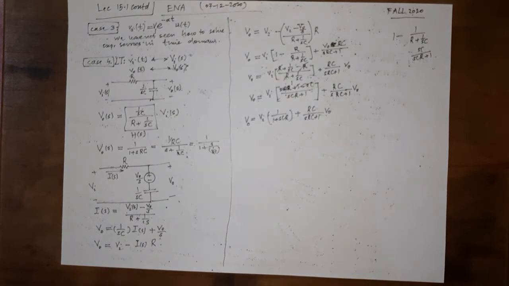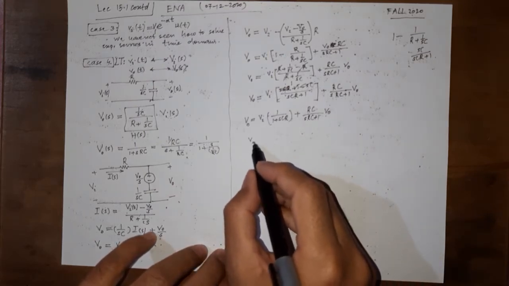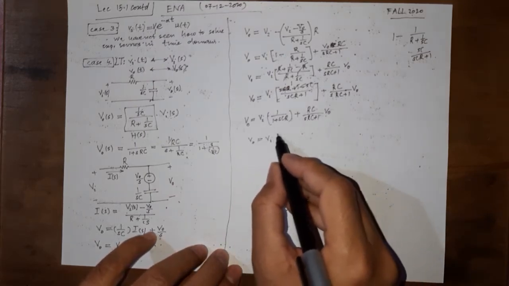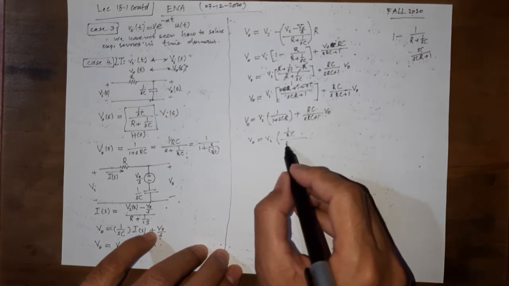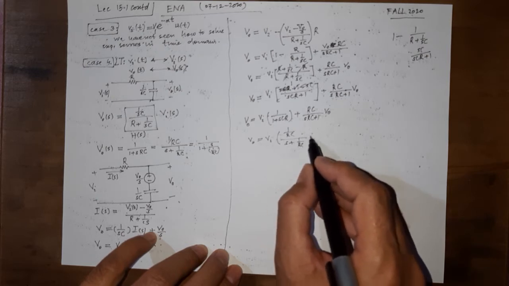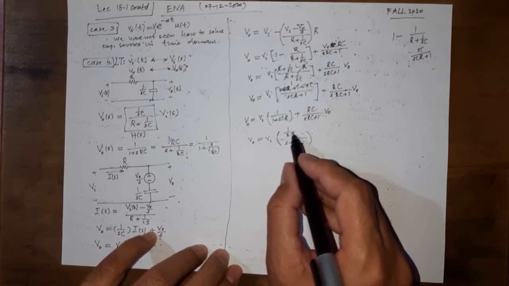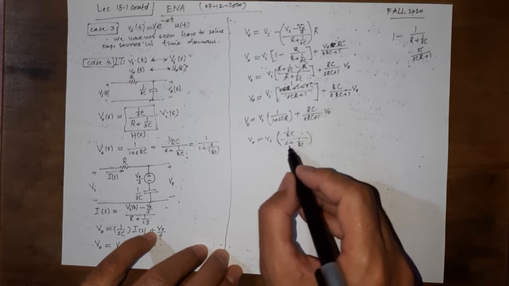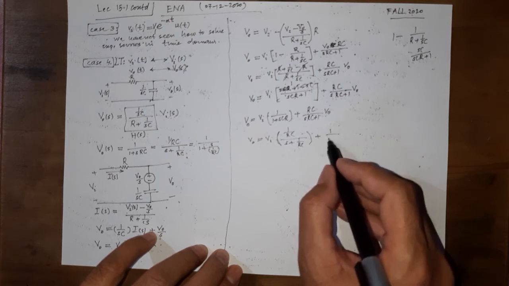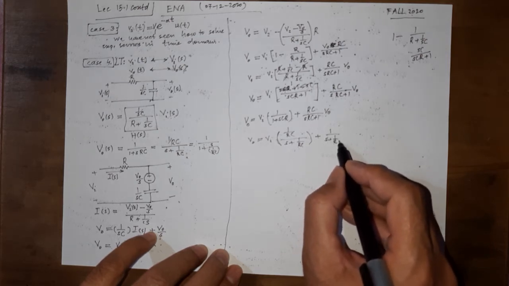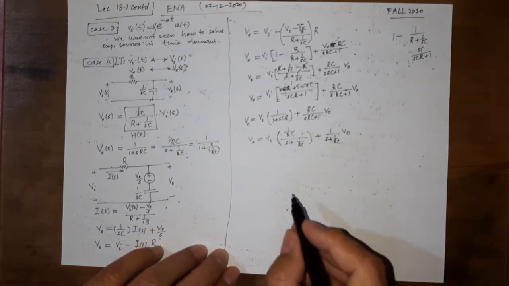I think that since we are dealing with the Laplace transform, a better way to write it would be Vi multiplied by 1 over RC over S plus 1 over RC, because if you remember, the Laplace transform table has entries like 1 over S plus A. So this form is going to be much more useful in order to find the inverse Laplace transform.